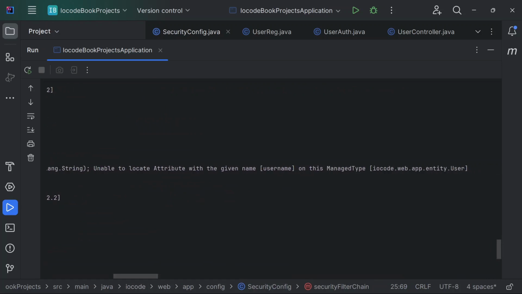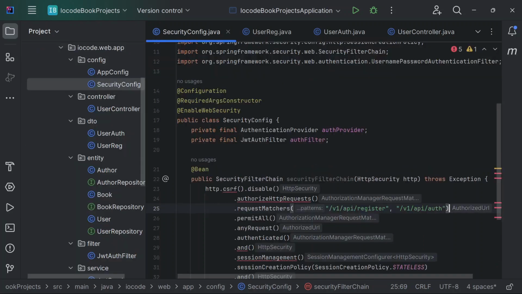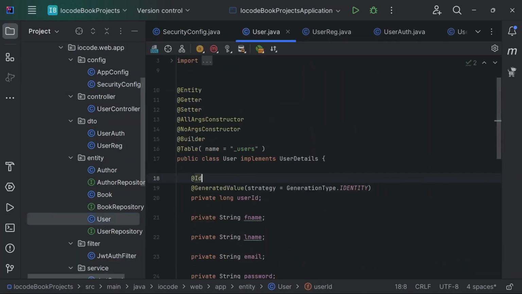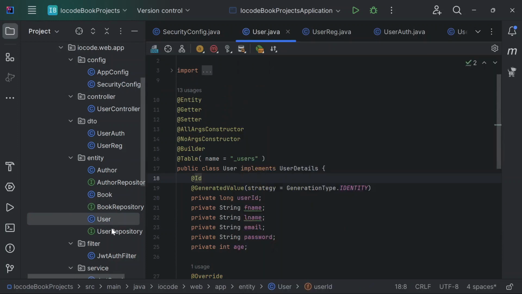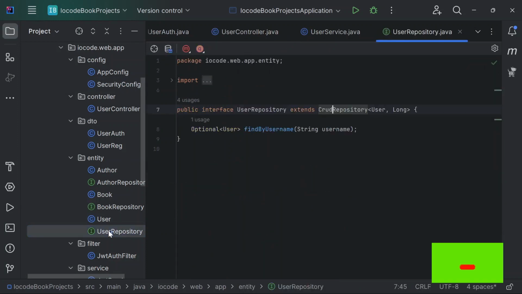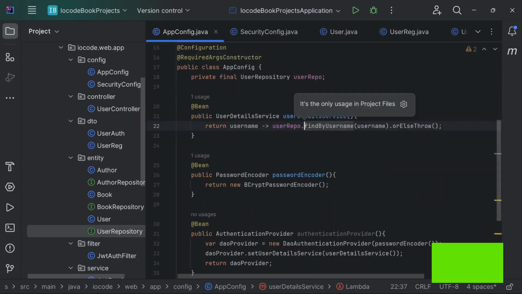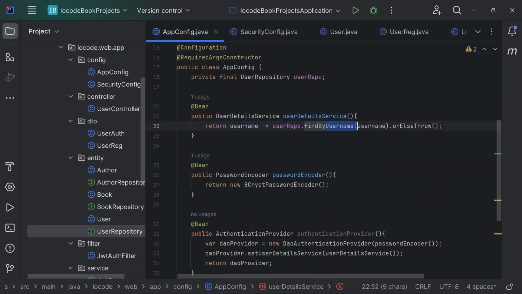So basically my entity user does not define a field called username. Instead, it defines the email field. So I'll move back to my user repository, and instead of find by username, we want to make use of find by email. But I want to first of all change the usage that we've defined already. So let me change that one. So we are going to say find by email,